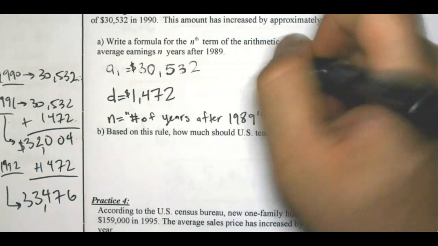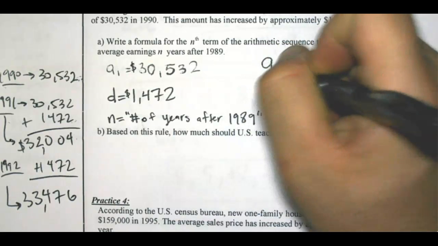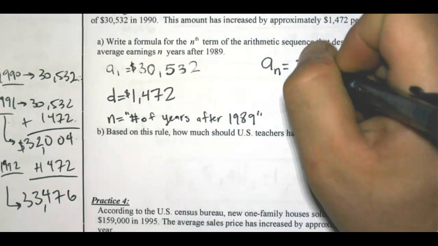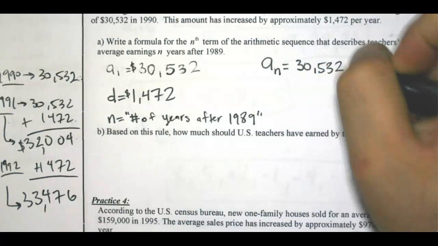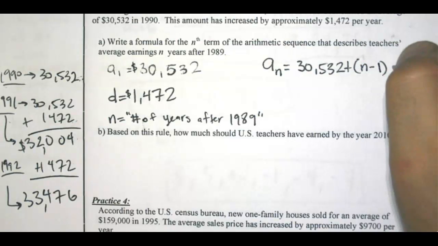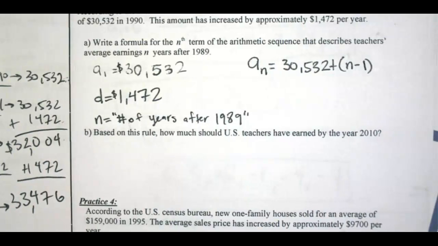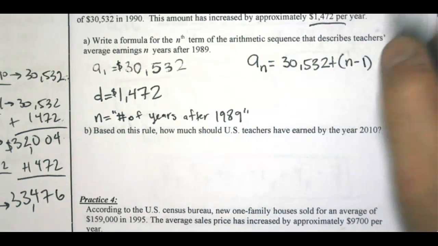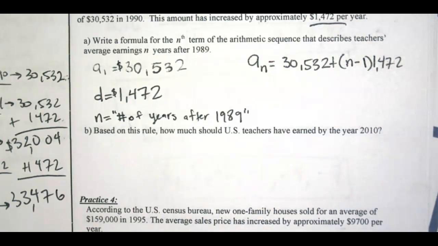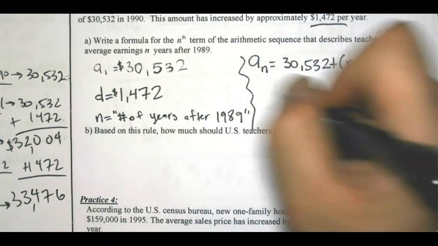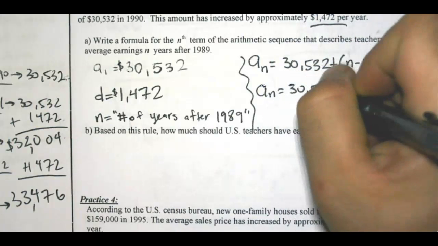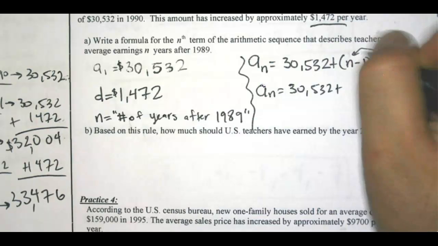Anyhow, they want us to write a formula. So remember, the formula is, if you want the nth term, a sub n, you plug in a sub 1 here, $30,532 plus (n minus 1) times the common difference. In this problem, the common difference is the 1,472 it's going up by. Teacher salary is going up by 1,472 every year, and I'm asking you guys to simplify this formula. So 30,532 plus, if you distribute here, you get